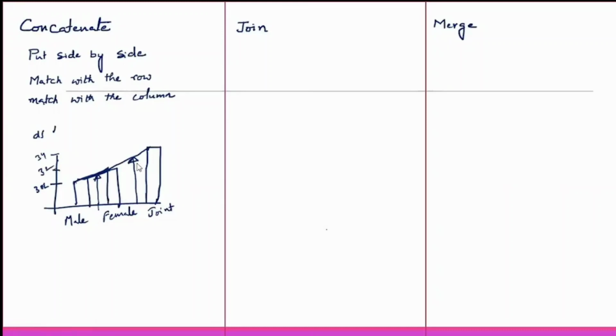Someone between a female and a joint. Is that the loan amount? It does not mean anything, right? So wherever there is no meaning to the in-between value, better do not represent it as a line. Always use a bar chart in those kind of cases,